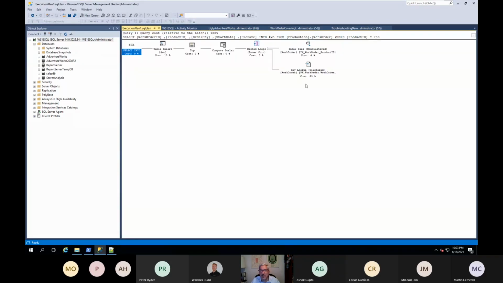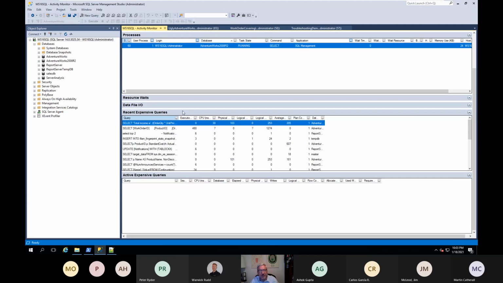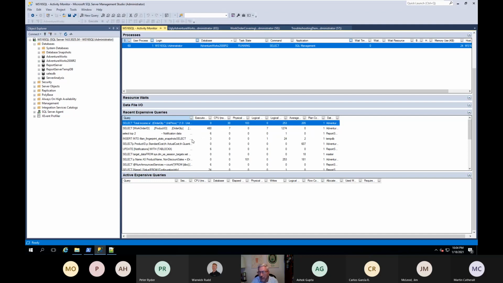I can see the execution plan of the queries from here. We're going to go into execution plans later, but the point is I can fairly quickly lock in on problem queries just using this recent or active expensive queries.